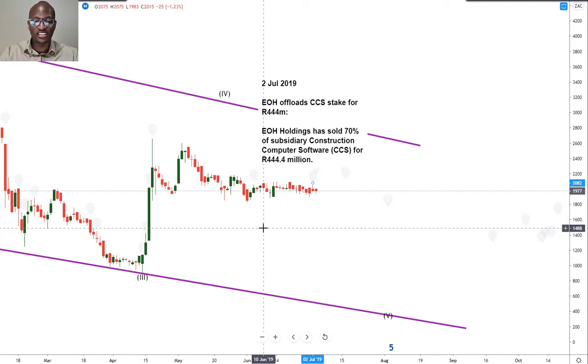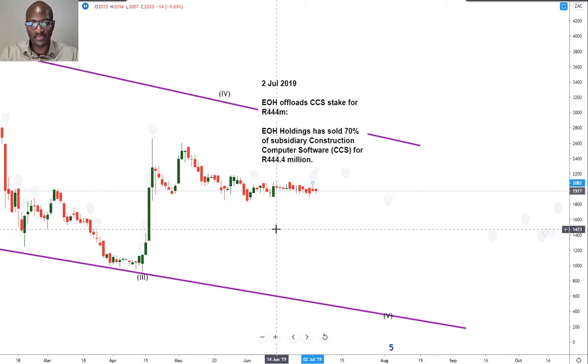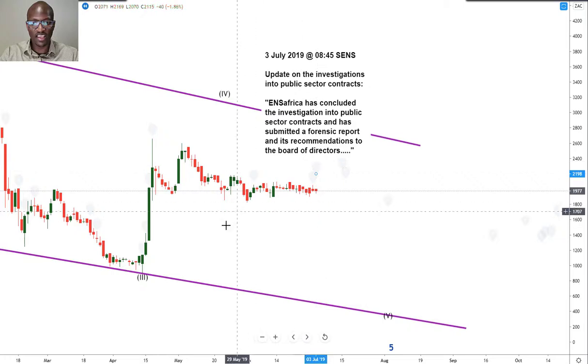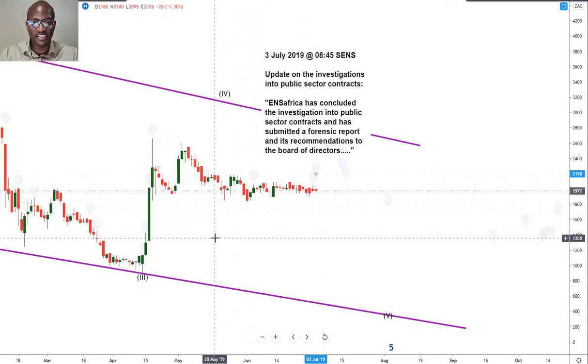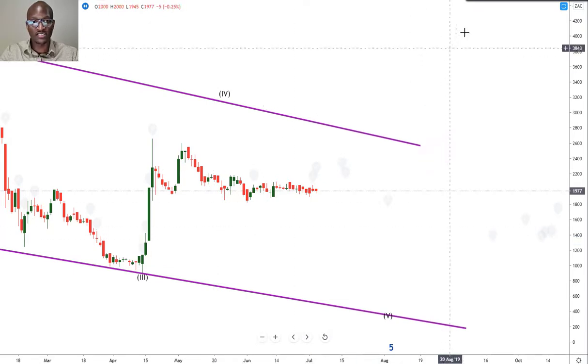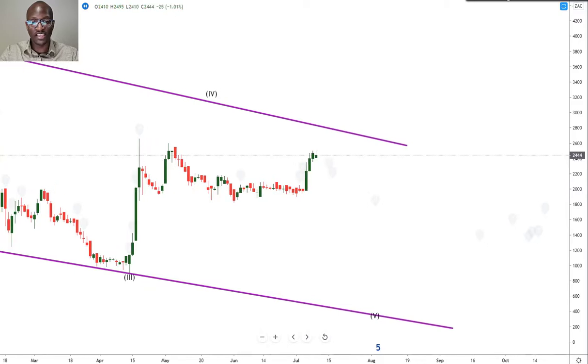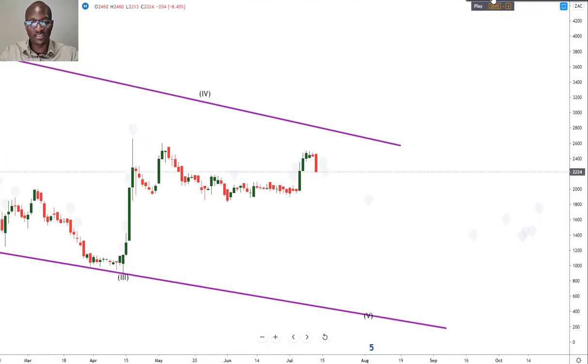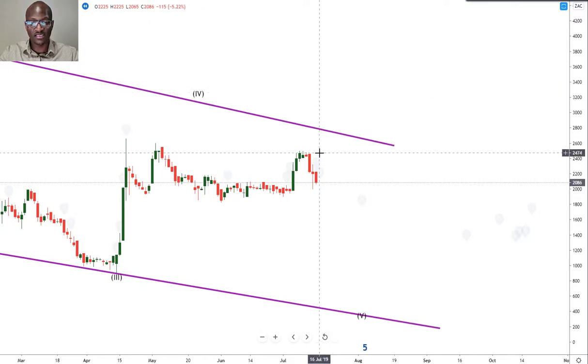So now they're starting to sell some non-core assets. Update on the 3rd of July 2019, ENS Africa has concluded the investigation into public sector contracts and has submitted a forensic report and its recommendations to the board of directors. So some progress there, and the market seems to like those news, pushes up a bit,